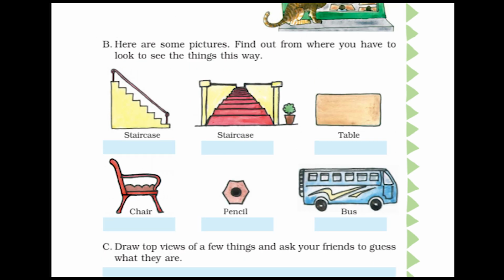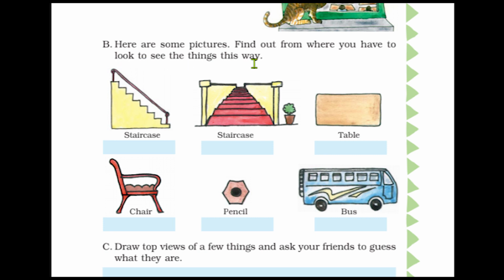Practice time. Look at this picture. What do you see? A cat is peeping into a classroom. Can you help her find out where the teacher is? Now this cat wants to see the teacher. The teacher is always in front of the students. So the teacher is in front in the classroom, in front of the students.